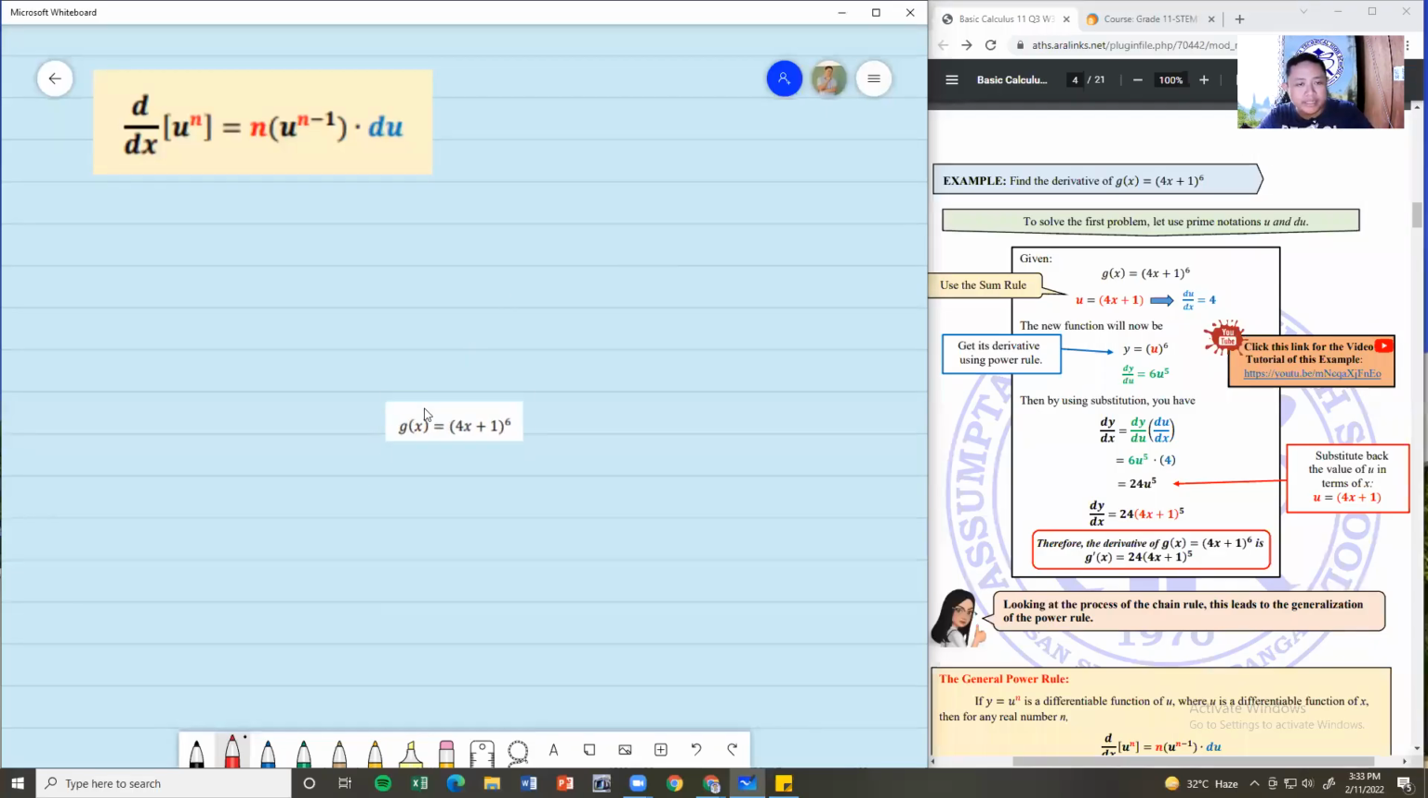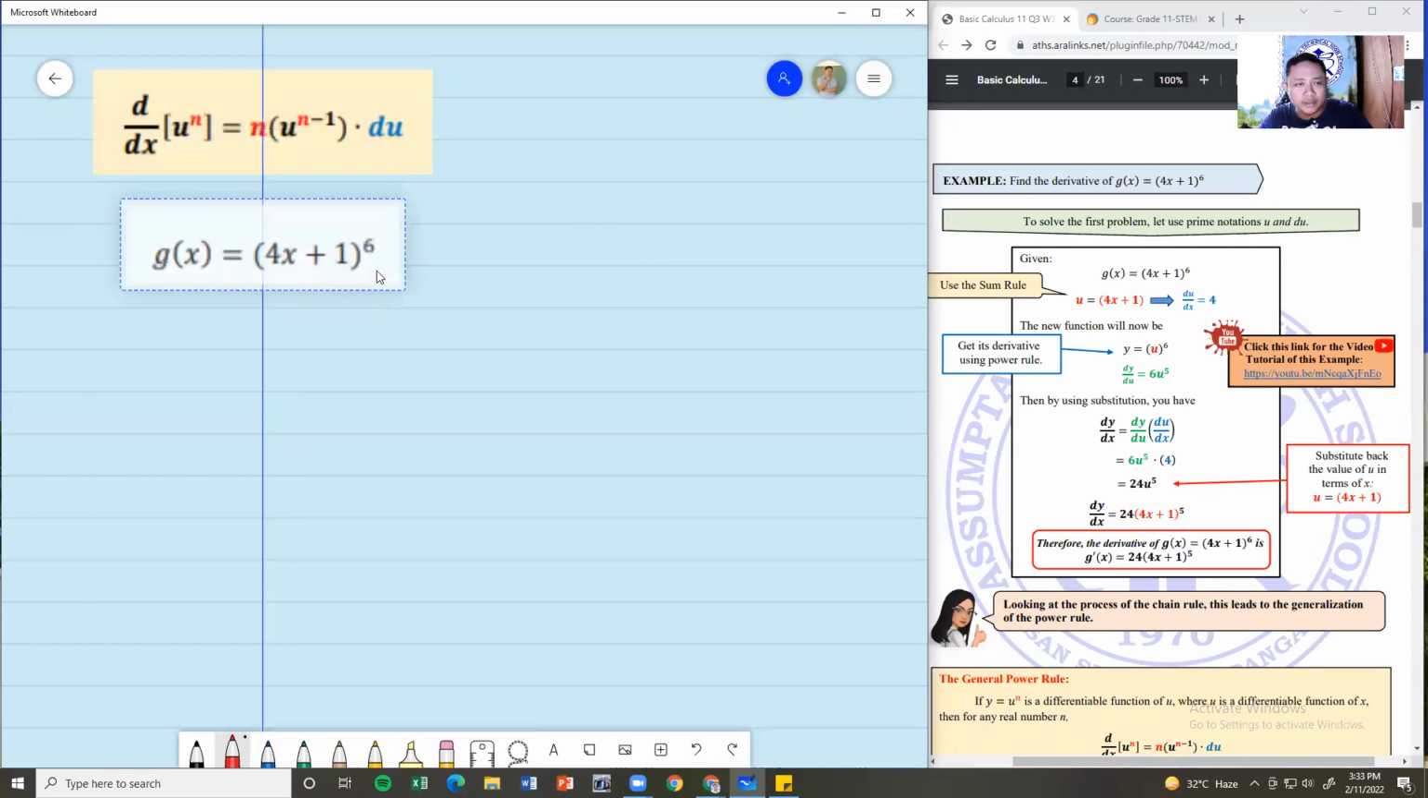Okay, let's have this. This was already explained a while ago in the introductory video. So again, let me just emphasize that this will become your u. And this is your n as usual, your exponent. Okay, so to get the derivative of this, we will have g prime